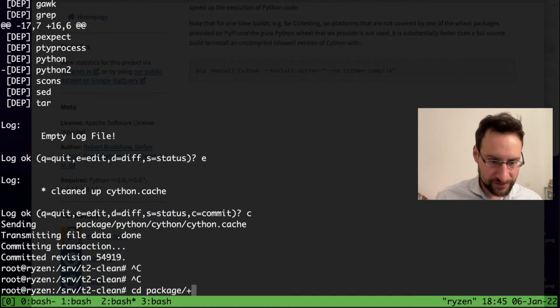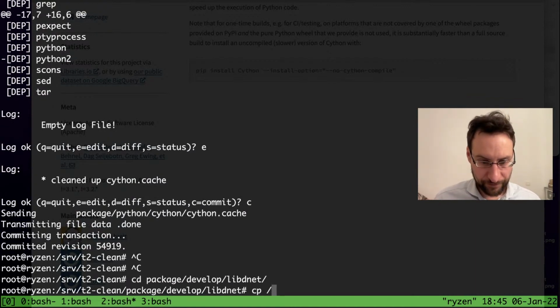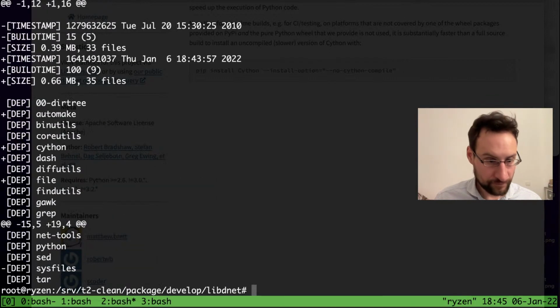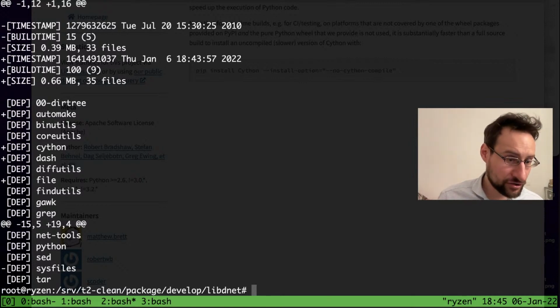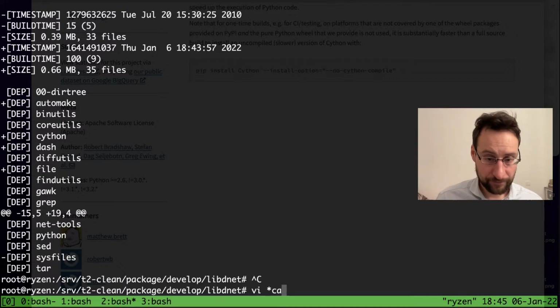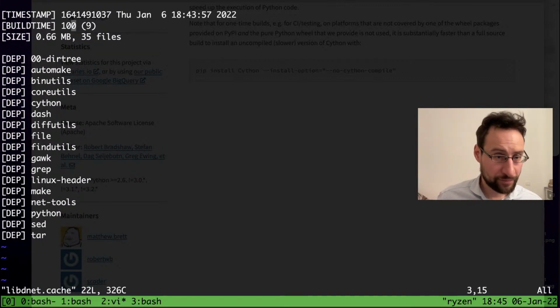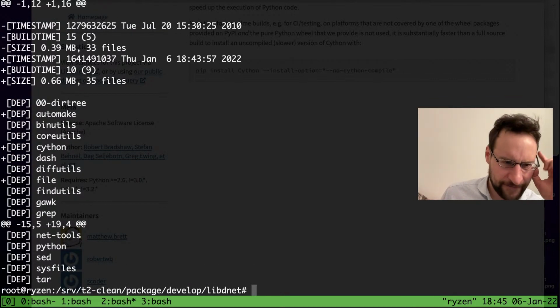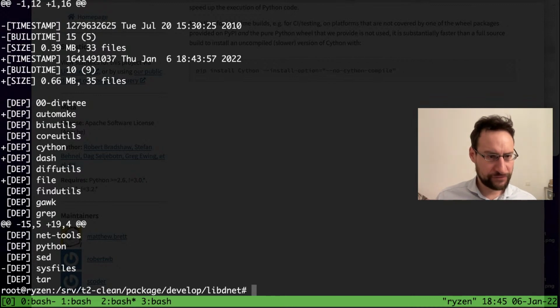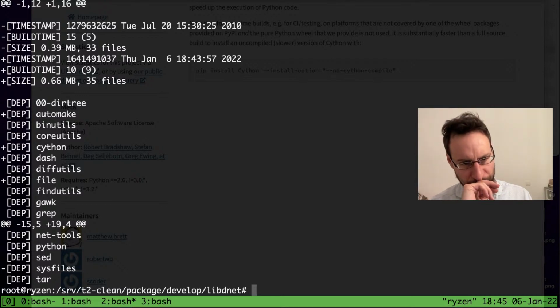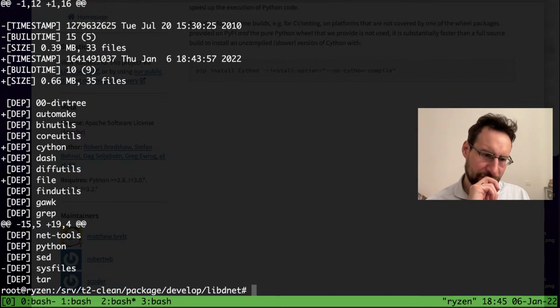Python, and I have the feeling this libdnet, this might be new. Yeah, Python, that wasn't in there before. I actually would say that this should maybe not necessarily be in there. But not too important. Yeah, it doesn't really hurt. This is only because dash is our default shell, so it shouldn't really be in there. Maybe we should filter bin sh out of there, so that if you have another default shell, it's not getting in there or something. But anyway,